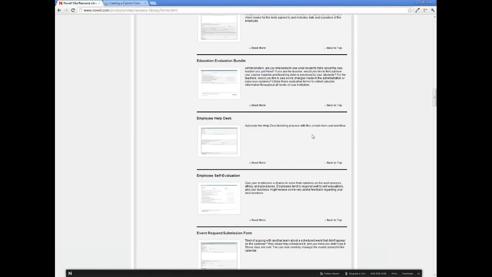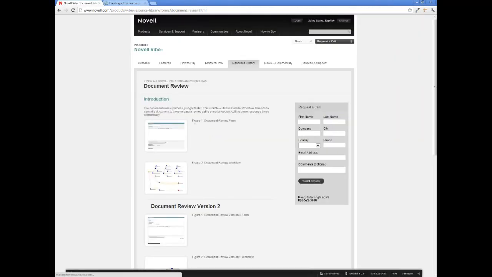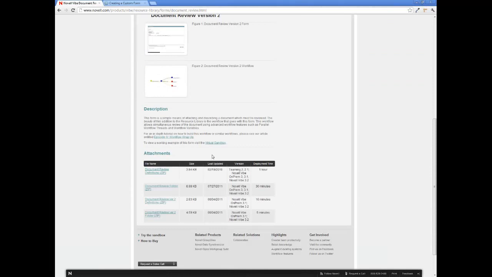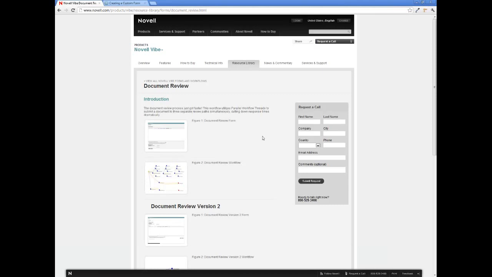The way that you do that, I'm just going to show you here. We'll do a document review. Down at the bottom of the area you can find the attachments. If you want the definitions or the form itself, the definitions would be this. If you want the folder, here, additional definitions, and then another folder. So that's where you would download the content onto your computer and then